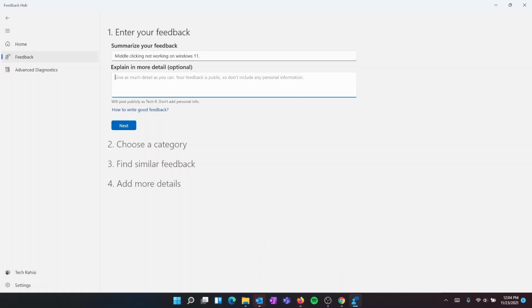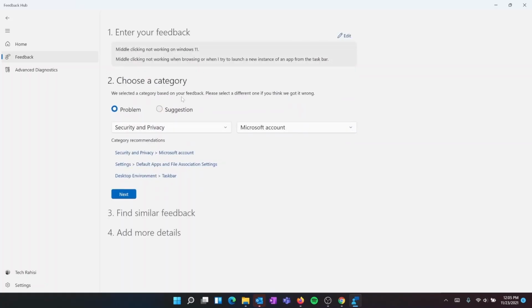So I'll just come here and say: middle clicking not working when browsing, or when I try to launch a new instance of an app from the taskbar. Cool. So we have a typo,